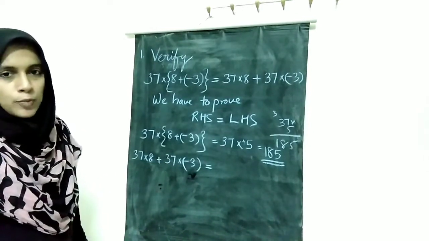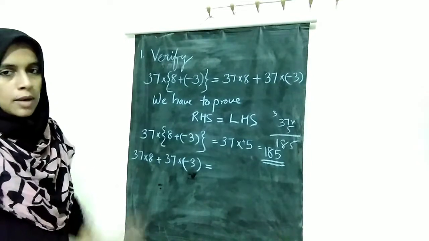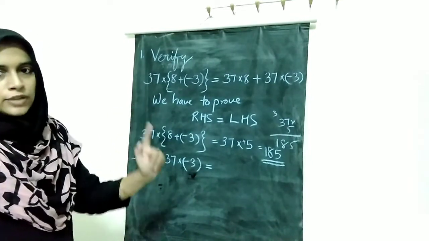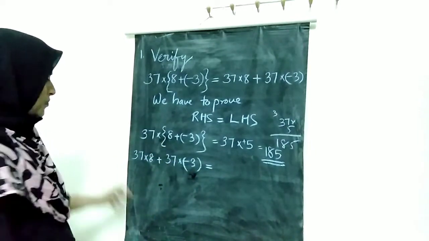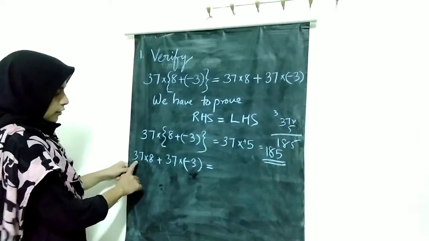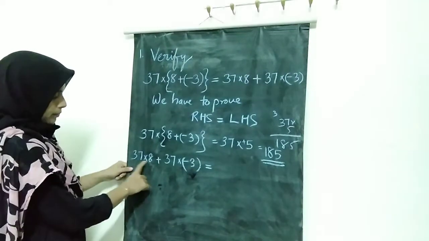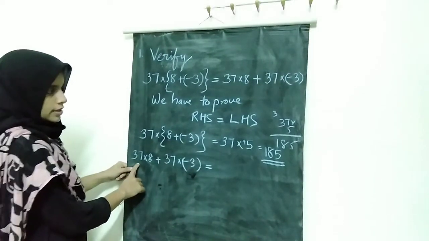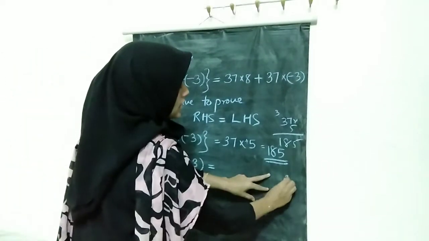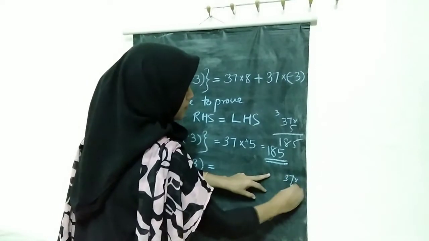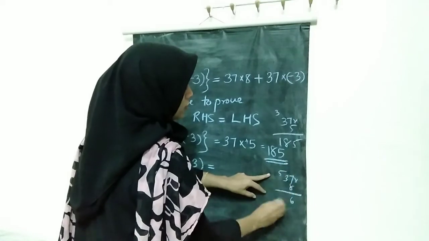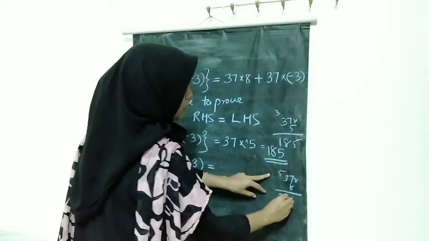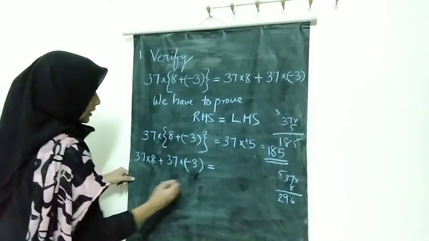We have studied the BODMAS rule. So bracket, division, then multiplication, then addition. Right? So here first you multiply 37 into 8. So 37 into 8. 56. 24 plus 5. 29. So you will get